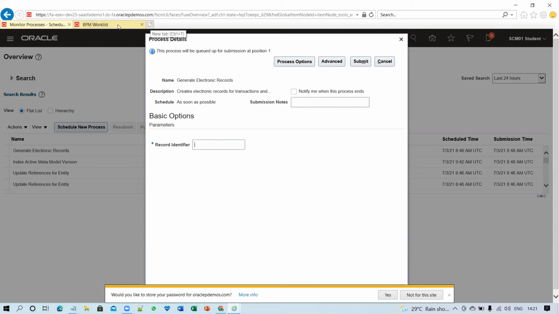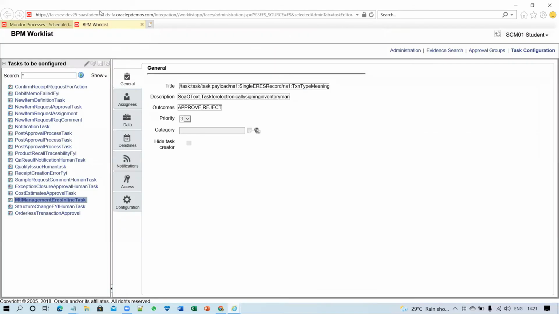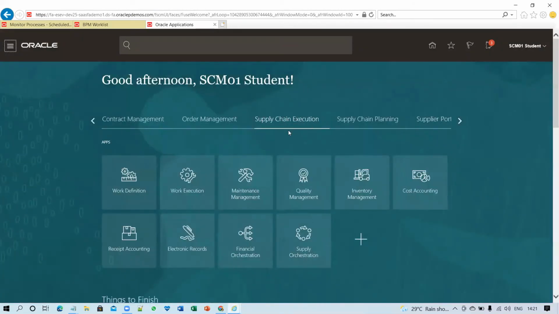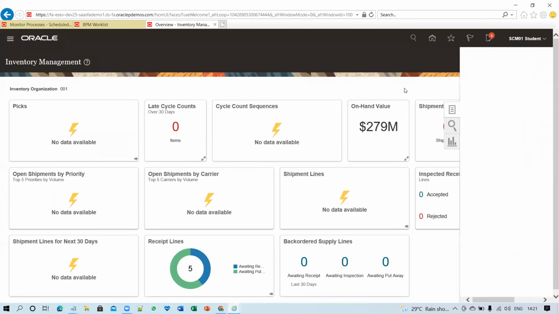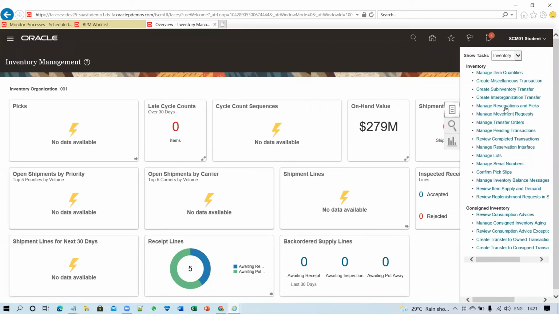So now we'll log in. So let me log in. Yes. So supply chain execution. Now click on inventory management and we have to take the electronic record number.